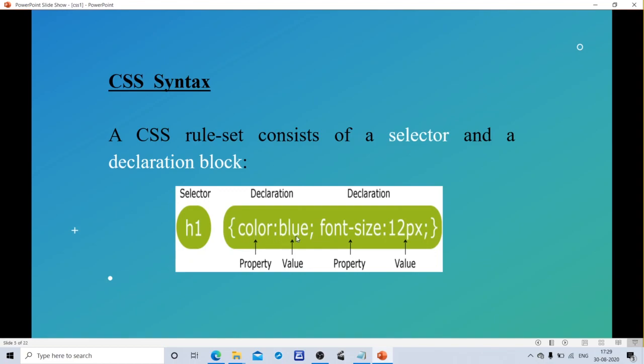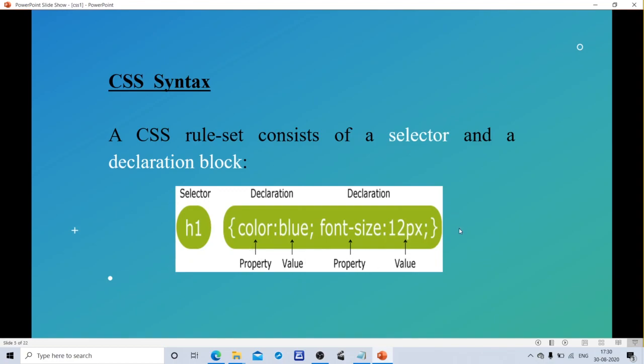This is the first declaration statement, and the second declaration statement is property name font size, value is 12 pixel. These two declaration statements are separated by semicolon. A CSS declaration always ends with a semicolon and the declaration blocks are surrounded by curly braces. All these declaration statements should be enclosed in curly braces.